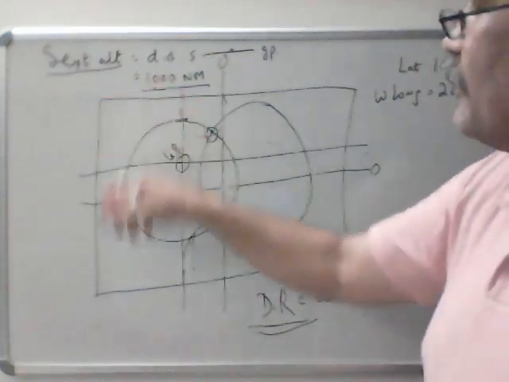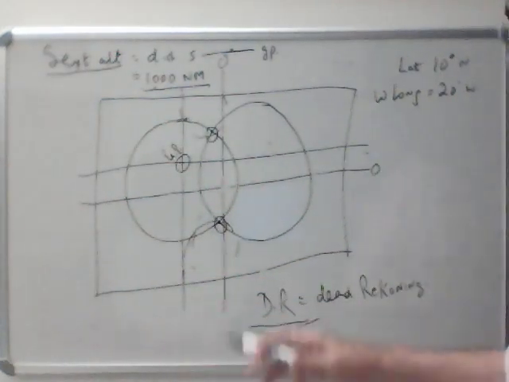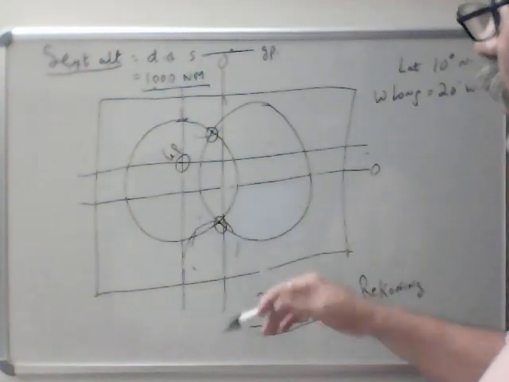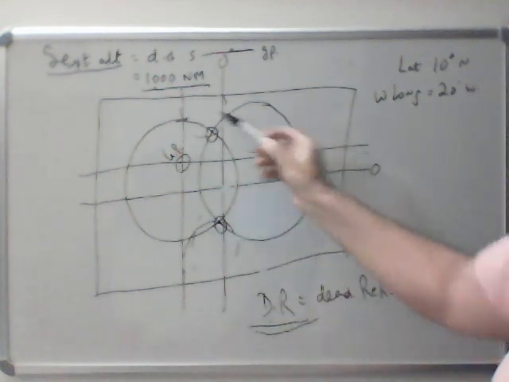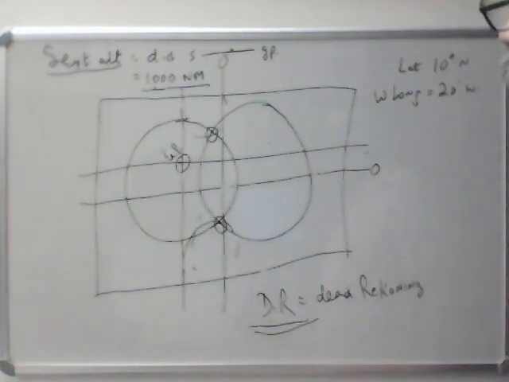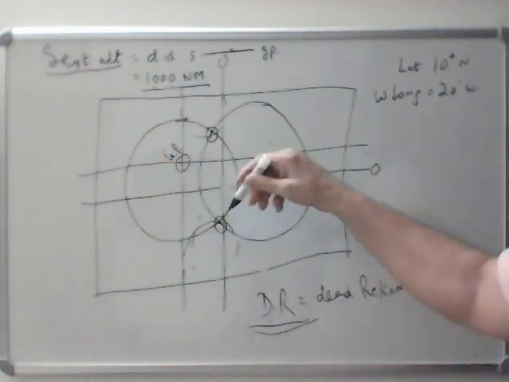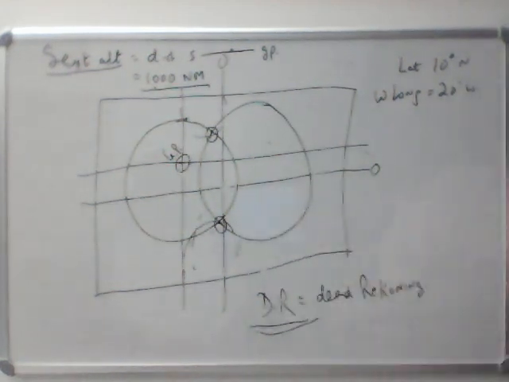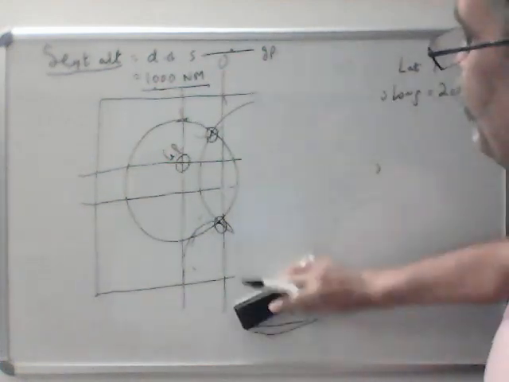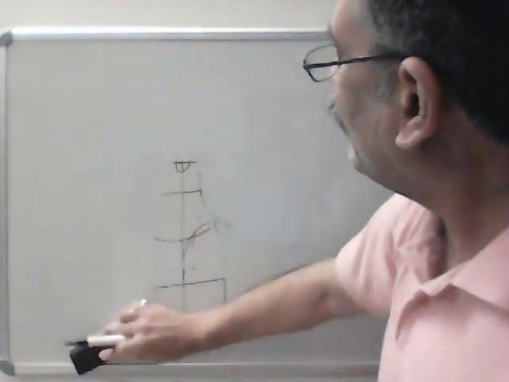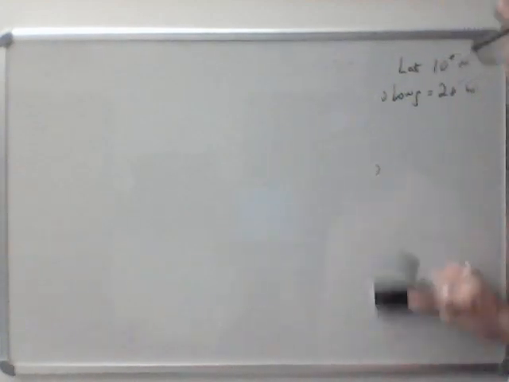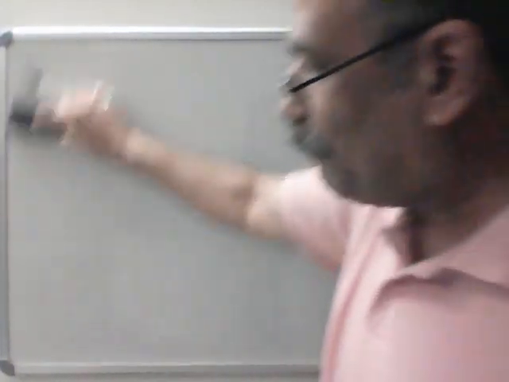Now this method has got one small problem, that we are using a world chart which has got distortion. Scale of this chart is very small, which gives some errors on the ship's position. So we use a slightly different method, which I'll show you now. We don't use a world chart, we use our normal navigational chart.